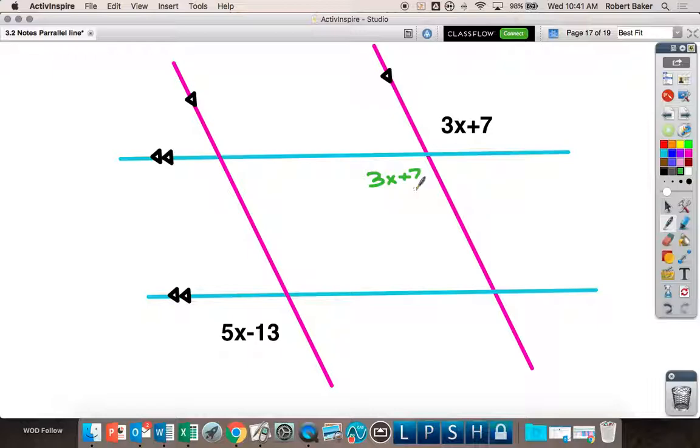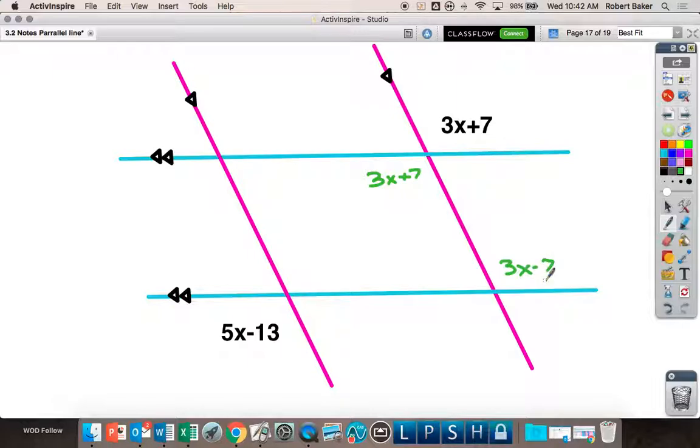Now, can you move that angle anywhere else for something that you know? Can you move it left? Or can you move it down? Okay, so which way do you want to move it? Move it somewhere, something that you know. On top of 5x minus 13, I can't go over here yet. I either have to go over here or I have to go down here. So, go down right here. Why? This is true